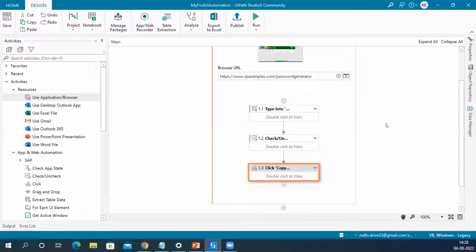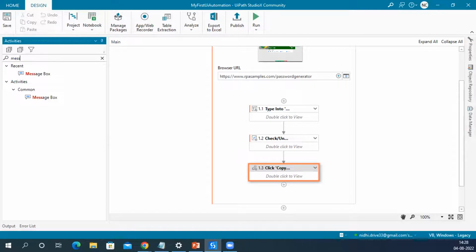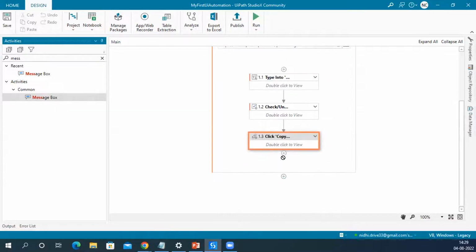Now, the last thing that we want to do is see if the password that was copied from the screen is correct or not. For that, we will just use an activity that will display the value in a message box. So we have an activity called message box. You can go to the activities panel, in the search part just type message box and you will see this activity. Take it and drag it after the click,